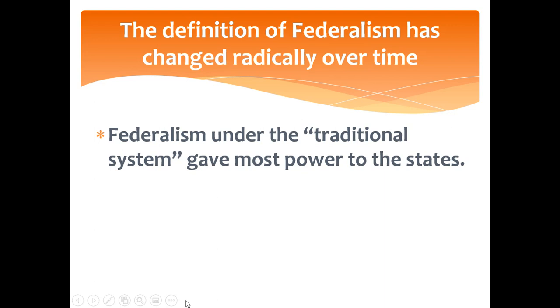During this period, the national government narrowly specialized in the functions it performed. From 1789 to 1937, the federal government basically had 2 jobs. They assisted the state with commerce, so they existed to promote commerce and economic growth, and they existed to protect property, provide protection for the people. So their 2 jobs: promote commerce, protect property.